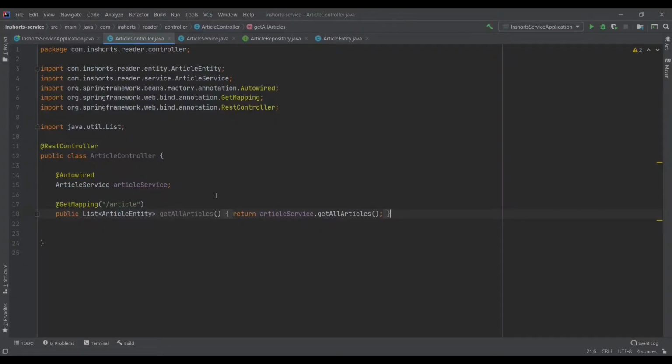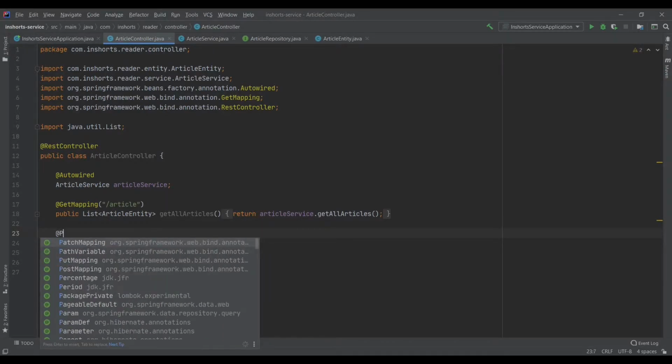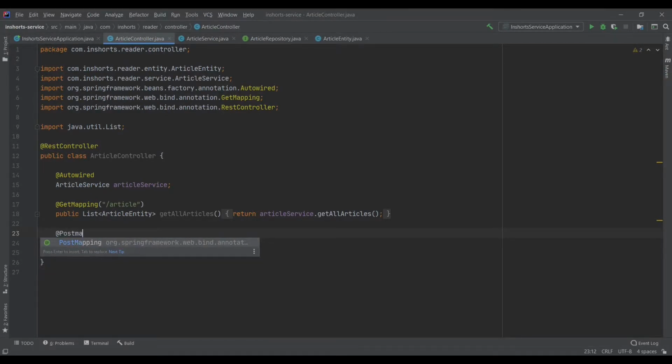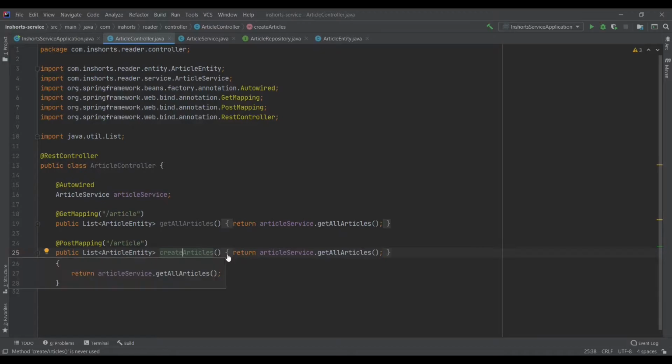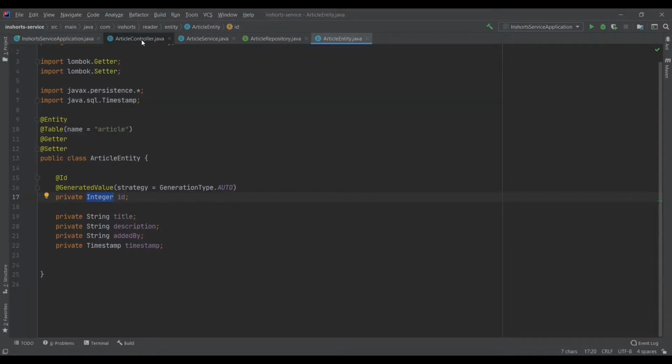So let's start with the controller layer. I'll be adding the post mapping here. Just like a get mapping annotation, we have a post mapping for post requests. And similarly for this one, we'll be specifying the URI /article. Let's make a method of this. Since we are creating one article, we'll keep it as singular, createArticle, and this would accept a request payload, which would be itself an article entity.